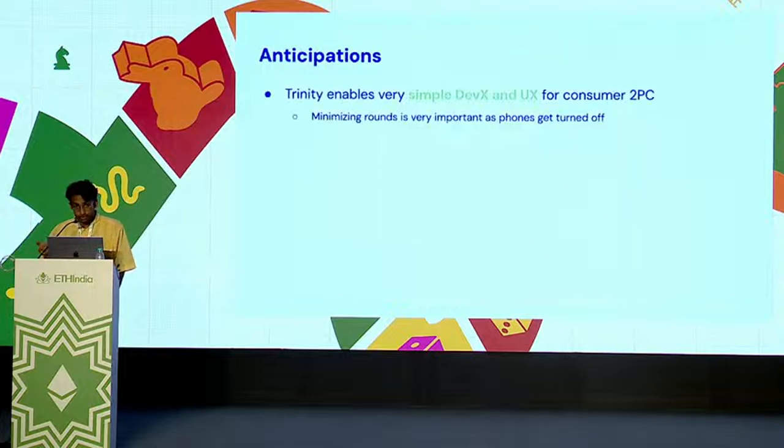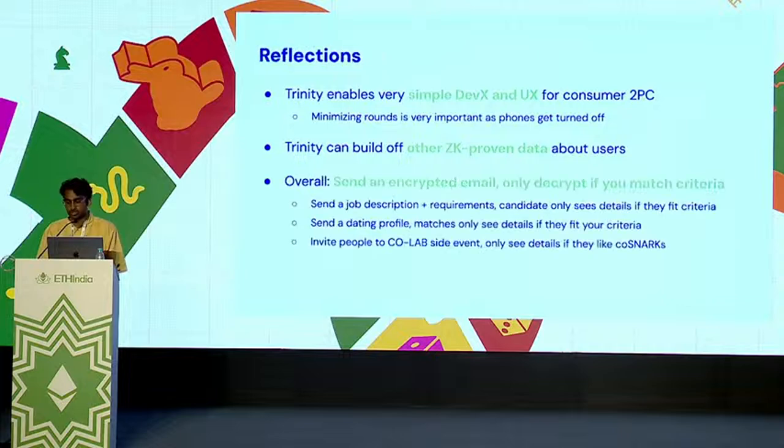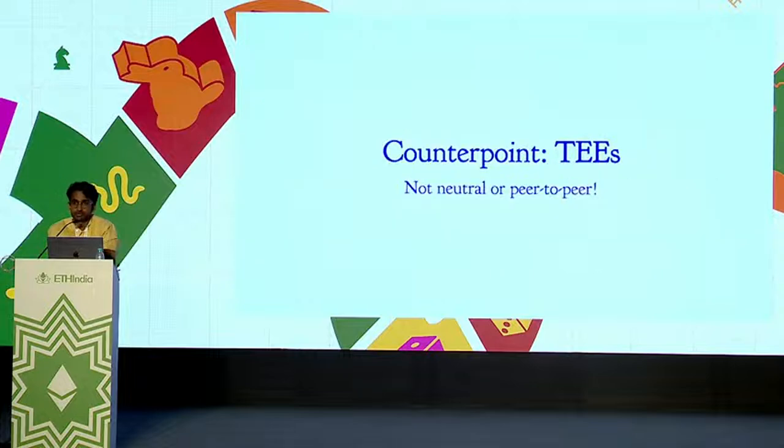So we're still working on Trinity. It should be released in the next few weeks, and we think it enables really simple DevX and UX. You can build off other ZK-proven data, like using these Plonk proofs. The overall API is very similar to narrowcasting, where you can send an encrypted email to people, and they will only be able to decrypt the contents of this email if they match whatever criteria you attach. So for example, with the job matching thing I sent before, as how I've defined digital pheromones right